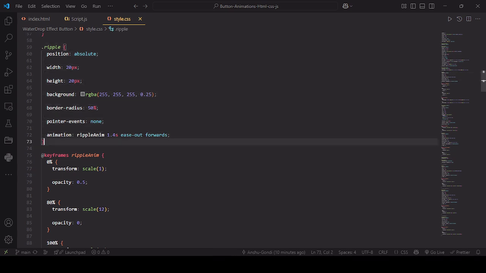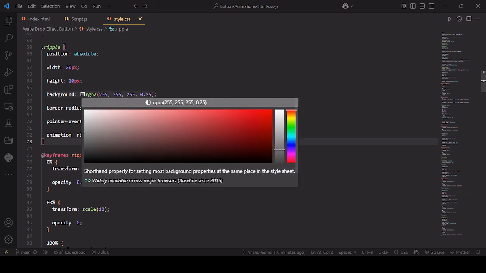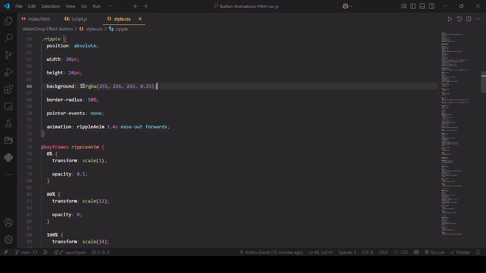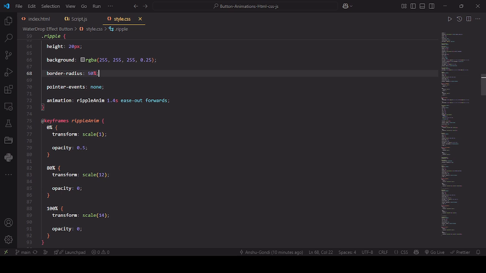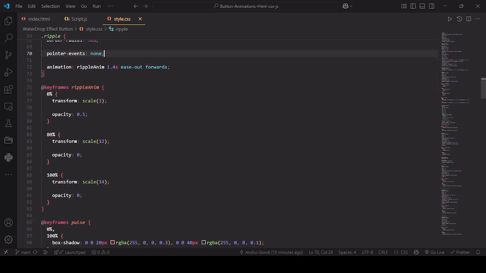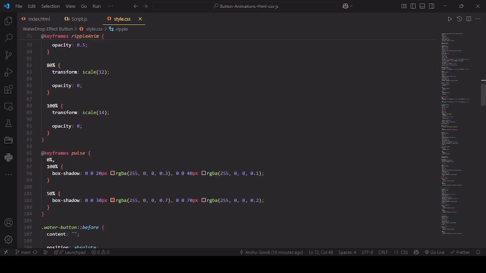Class as the position as absolute, width as 20 pixel, height as 20 pixel, and background as little gray color and border radius as 50 percent, then the pointer events as none, and animation as ripple animation 1.4 seconds ease-out in the forwards format. Okay,